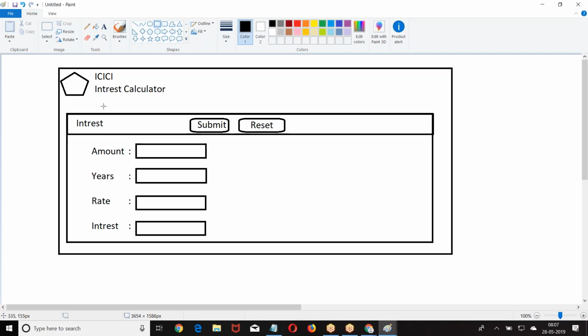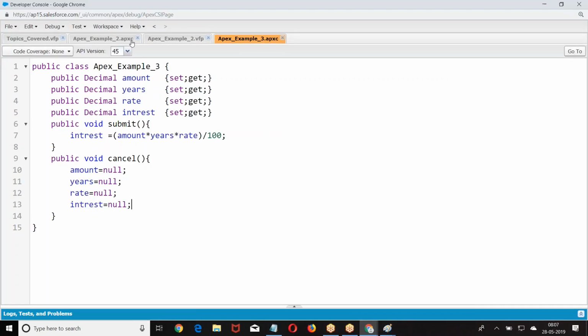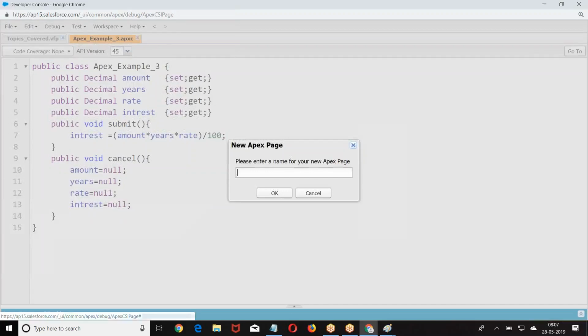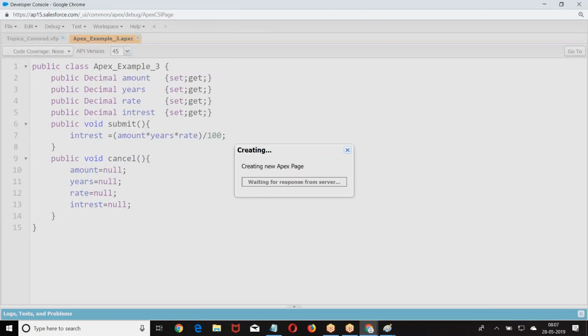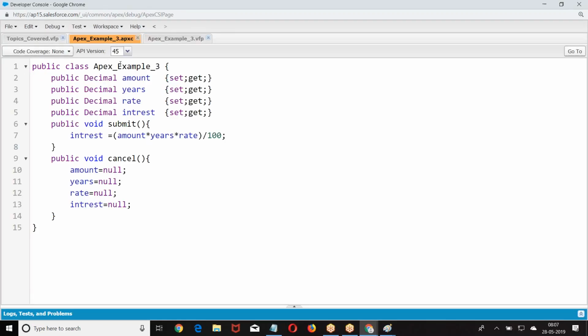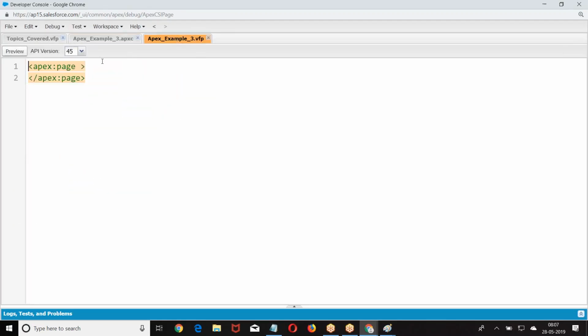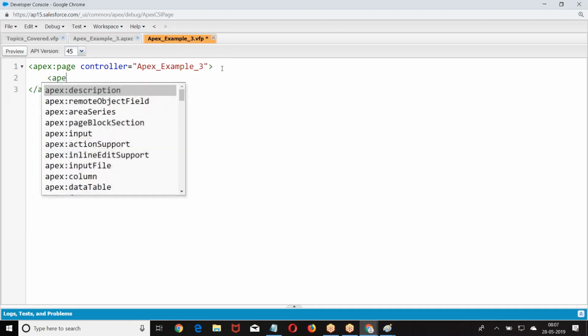Right. So let us move on to the next. Controller. Apex page controller equals Apex example.